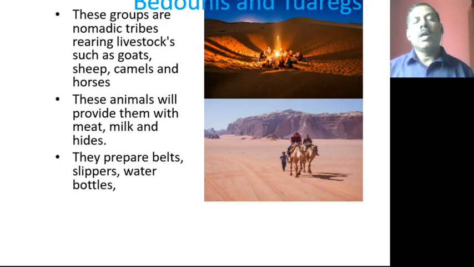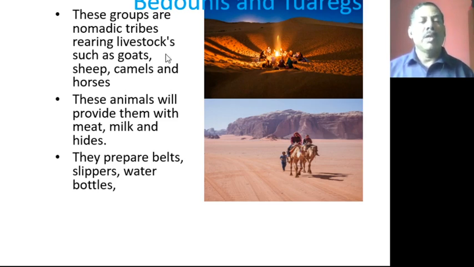So how they are engaging and what type of activities they are carrying out in desert areas, that we can identify now. The Bedouins and the Tuaregs are the two important tribal people of the Sahara Desert. These groups are nomadic tribes, moving from one place to another place, rearing livestock such as goats, sheep, camels and horses. Not only one animal, they are rearing goats, sheep, camels and horses,